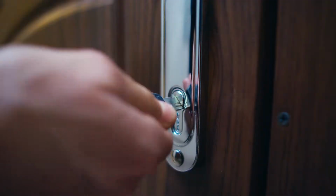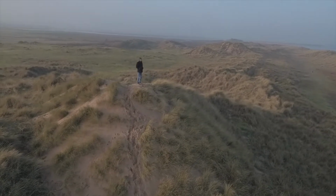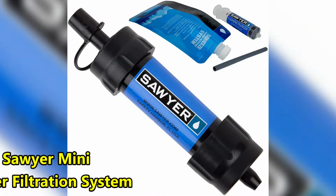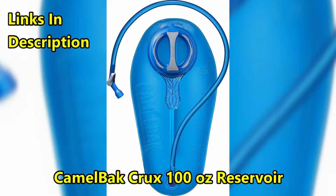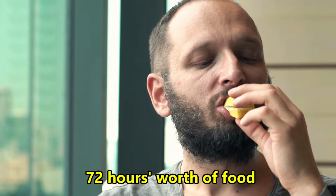The items included in each are similar, but bug out bags include things for navigation and braving the elements that aren't necessarily needed in a bug in bag. Here are some items to include in your bug out or bug in bag. The Sawyer Mini Water Filtration System, 32-ounce water bottles, Camelback Crux 100-ounce reservoir, 72 hours worth of food in the